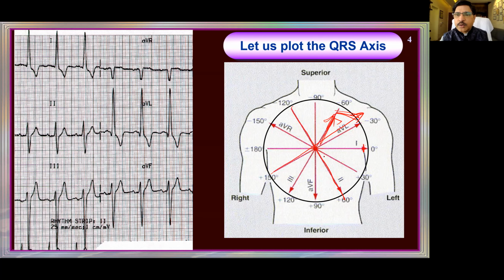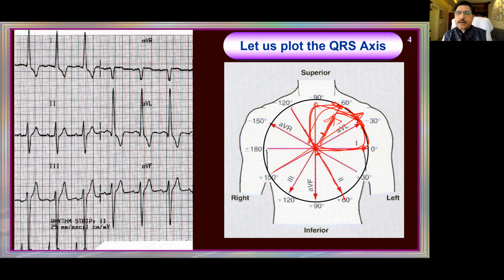L1, L2 is neutral. So L2 is somewhere here. And negative is more. L2 negative is more somewhere here. And then L3 negative is very much more. So how much more? Somewhere here. So the heart has started going that side. Now AVL very much positive somewhere here. So it has come there. And then AVF negative deflection. AVF negative lead is somewhere here. So it has to go like that. That is the heart. It's a left axis deviation.